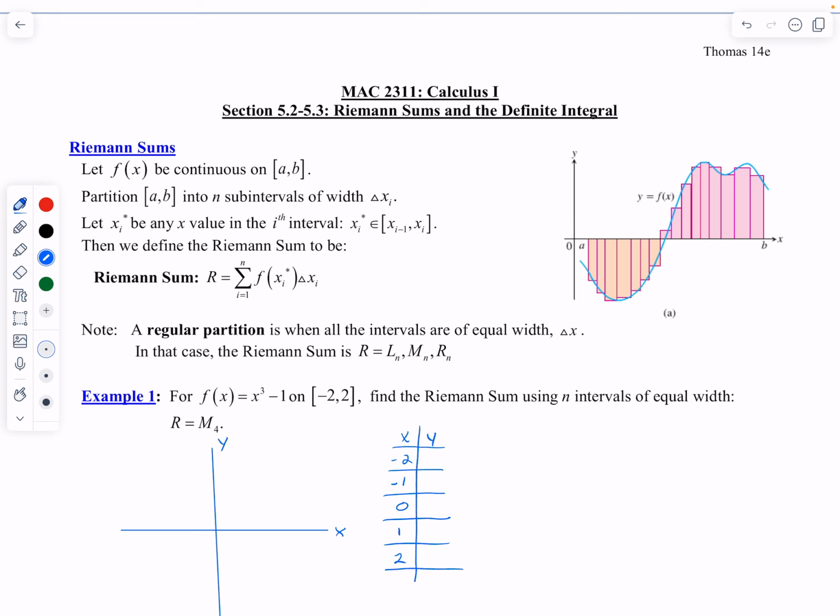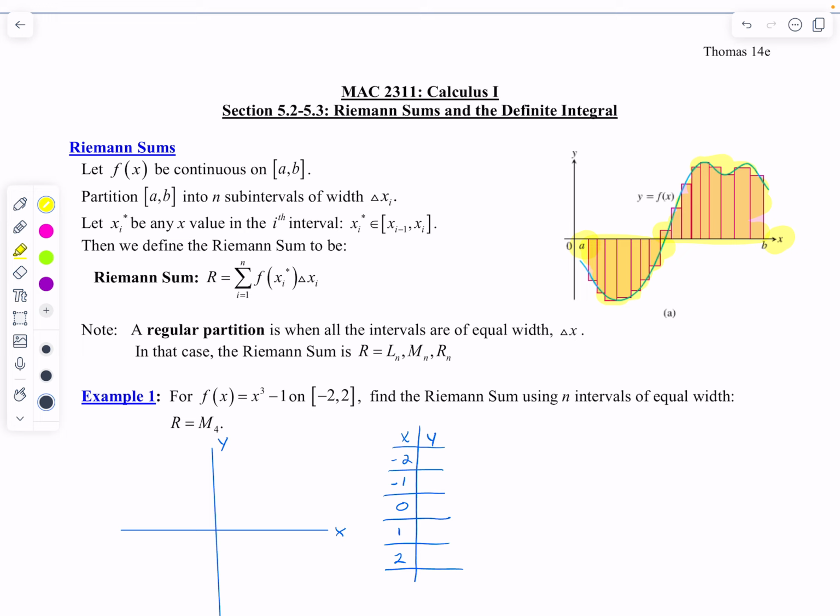So let's look at the definition of Riemann sums, and then we'll talk about everything. So let f of x be continuous on the interval from a to b. So if you look over at the graph, the interval from a to b, now we have some area underneath the curve and some area above the curve. Partition a to b into n subintervals of width delta x. If you look at the picture, those rectangular regions are not the same width, and that is totally legal with